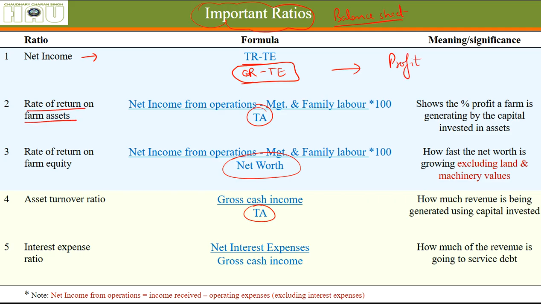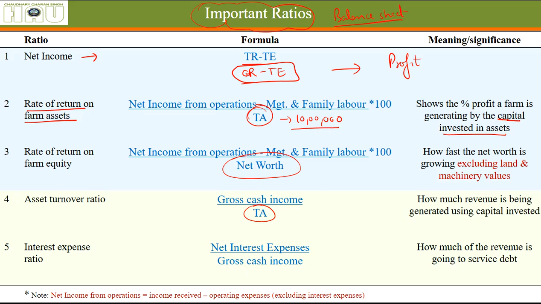It doesn't mean anything much, it just shows you the profit you have. Rate of return on farm assets. You have invested a lot of money, a lot of capital in the farm assets, and then you have started farming. So what are we earning out of that investment on total assets? Let's say we have invested 10 lakh rupees on the assets. Assets can be current assets, intermediate assets, long term assets. I have told you earlier in the balance sheet class. So what does this thing mean?